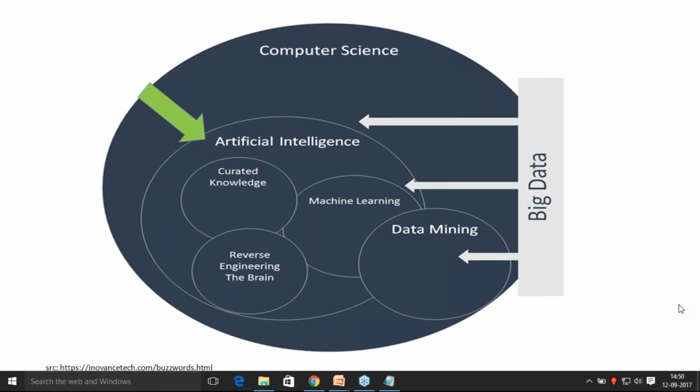What is curated knowledge? Curated knowledge is nothing but the domain knowledge, the pure domain knowledge related to a specific domain. For example, if I want to write a medical diagnosis artificial intelligence application, all your medical related knowledge, the semantics, the ontologies, the meta information, all that is called curated knowledge. Does ETL, Hadoop fall in big data? Yes, they fall in. They are not a part of big data, but they are the frameworks which let me process big data.